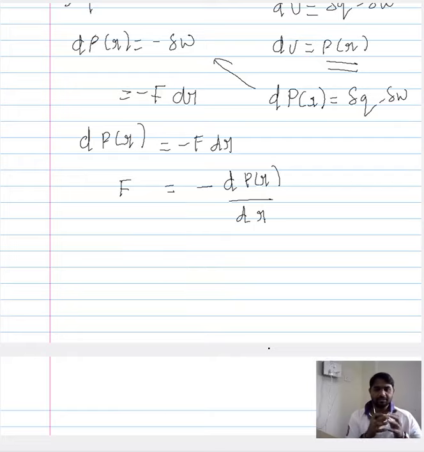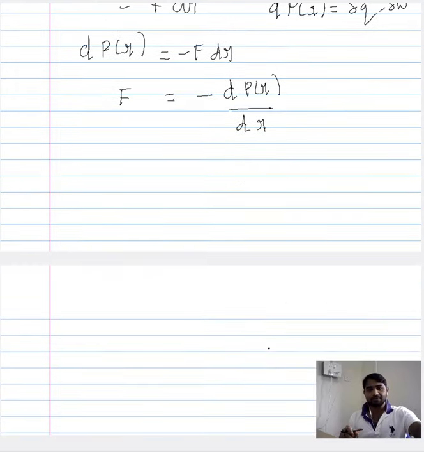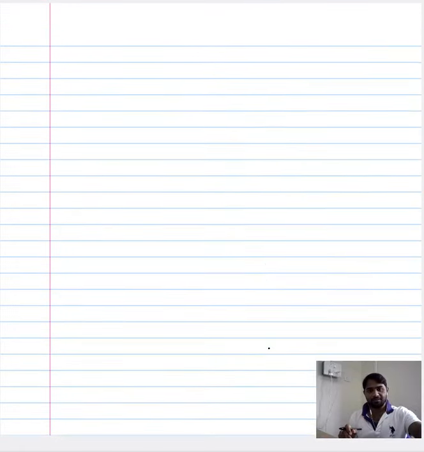So we began by considering the interaction potential between two atoms with respect to their distance, and based on that we arrived at the force experienced by the atom. We saw that this force is the first derivative of the interaction potential with respect to the position of the atom, or the distance separating the atoms. Instead of deriving further how we can express this force, let us try to plot the curve of the force experienced by the atoms. Let us do that on a separate page where we have enough space.